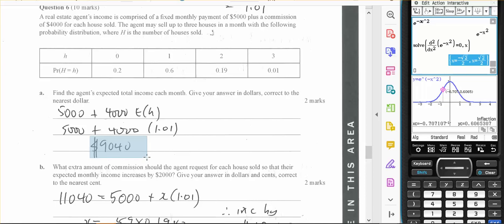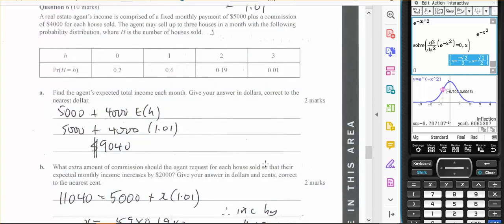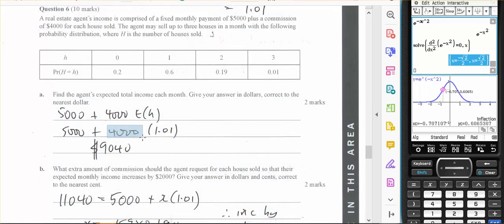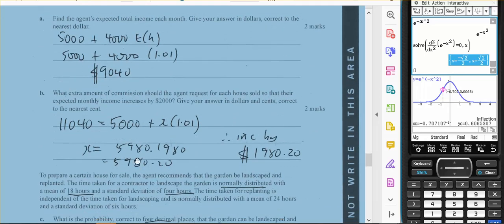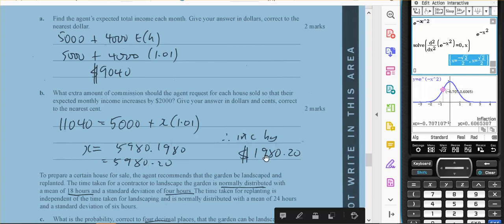in a month. What extra amount of commission should the agent receive so that their expected monthly income increases by $2,000? So instead of receiving $4,000 per house, what should they receive to get $2,000 more? So I've said, let's make their income $11,040, and that should be $5,000 plus X, the new commission, times 1.01. Solve for X, and they should be getting